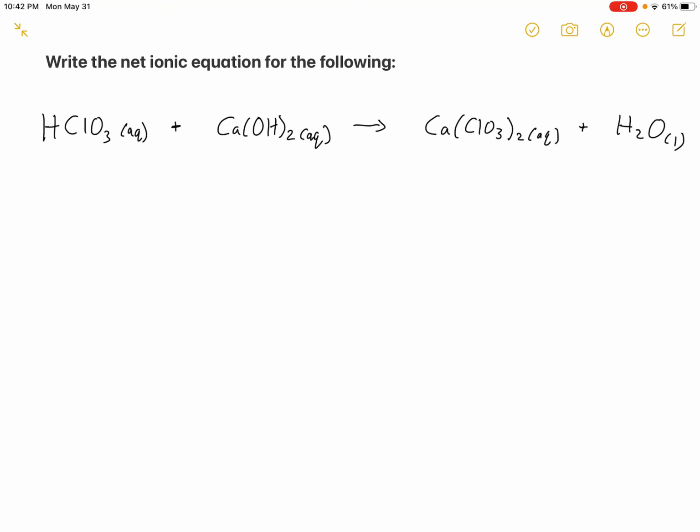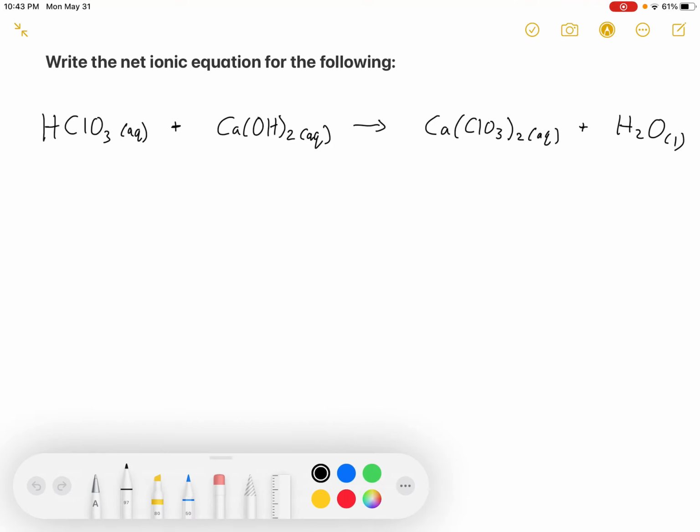So in this example, we're going to look at the reaction between chloric acid and calcium hydroxide to form calcium chlorate and water. So this is actually a neutralization reaction, as we're going to learn very soon in the solutions unit. So the steps that we need to take here to solve this are going to be the same as the previous example. Our first step is we're going to have to make sure that our equation is balanced, and